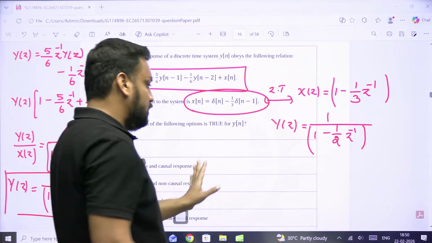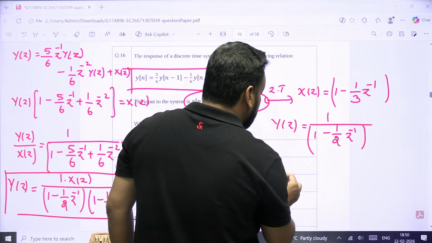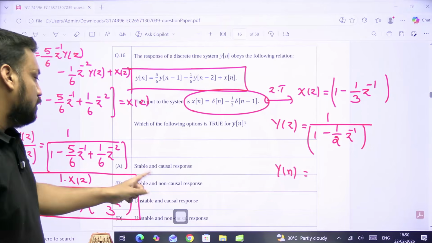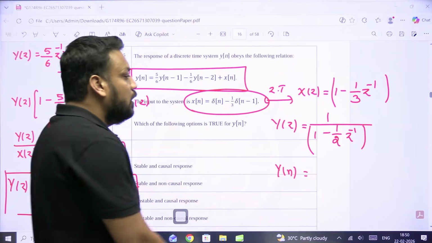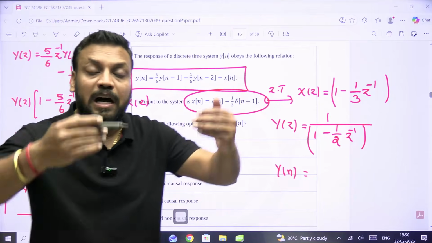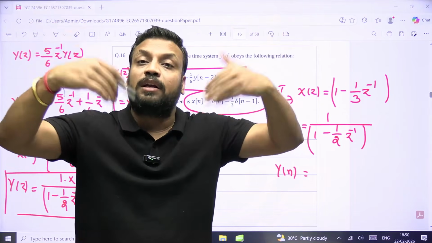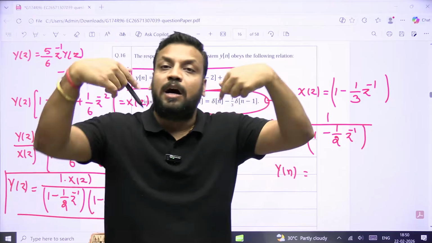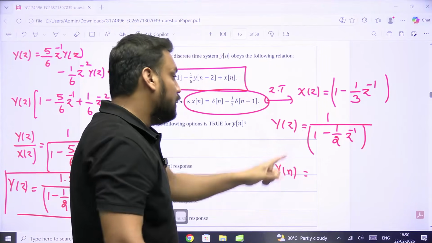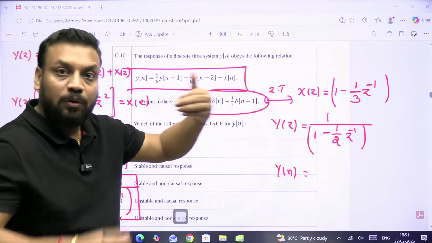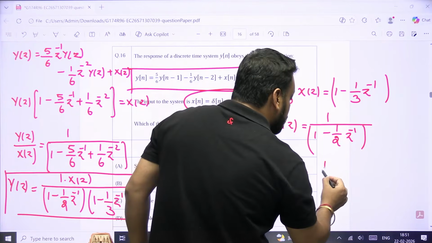तो कंडीशनल स्टेटमेंट है, अभी देख लेते हैं। तो आप बताइए सबसे पहले, अगर मैं इसको कॉजल बनाऊं, देखो यहाँ लिखा है ऑप्शन, कॉजल तो स्टेबल, नॉन कॉजल तो स्टेबल, ये सब ऑप्शन में लिखे हैं। तो अगर मैं इसको कॉजल बनाऊंगा, कॉजल मतलब ROC must be right side to the right most pole in the Laplace transform and in the Z transform ROC must be outside to the outermost circle. तो यहाँ पे जो भी सर्कल है, कॉजल के लिए एक पोल है हाफ, तो ROC होना चाहिए राइट साइड।